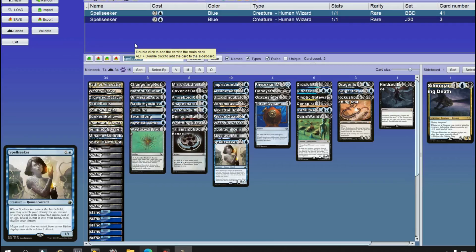Also, we do want as many creatures as we can here because we are going to be casting Conspiracy and Arcane Adaptation. And we want to be able to turn our other creatures into dragons, right? So,